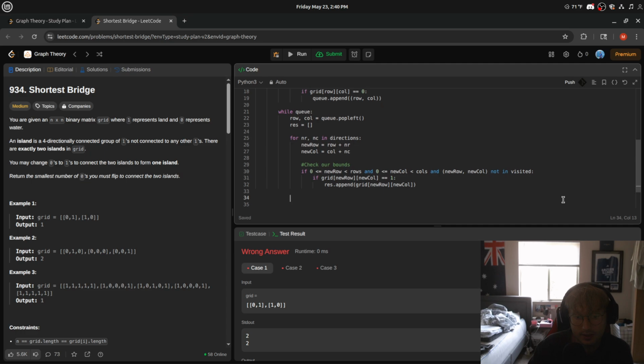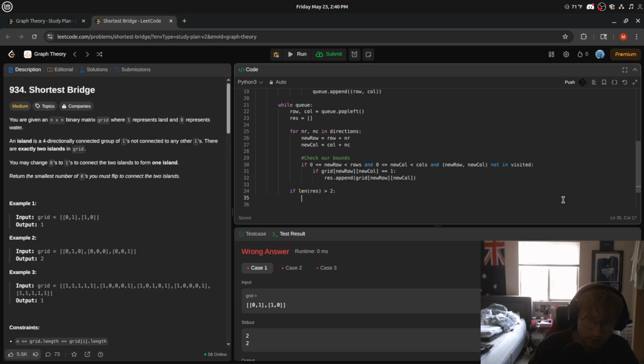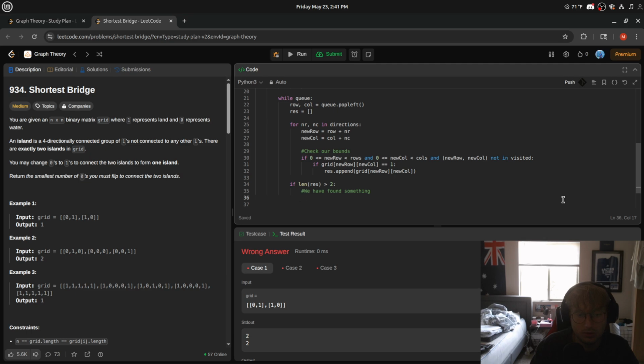Okay, then at the end here, outside of this, right, we can check, well, if the length of res is greater than 2, then we know we found something. We have found something, right? So then we would return